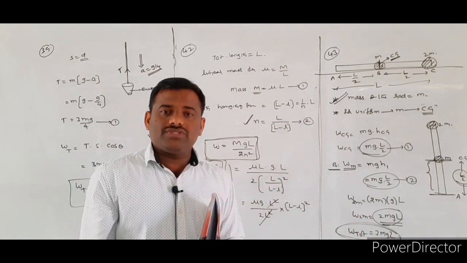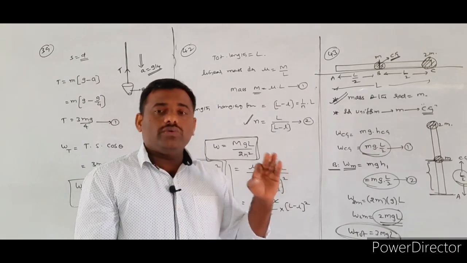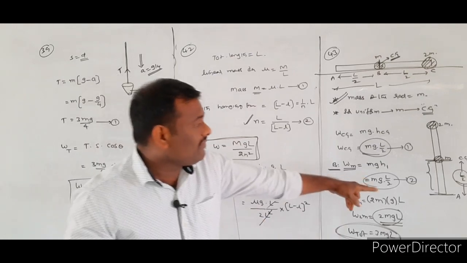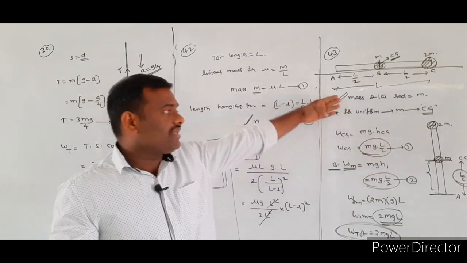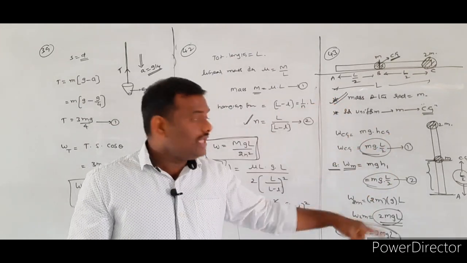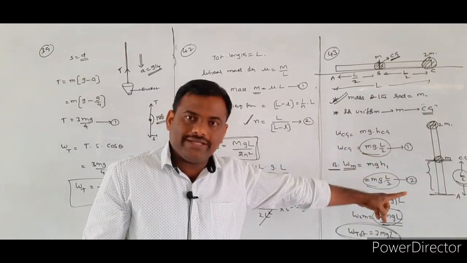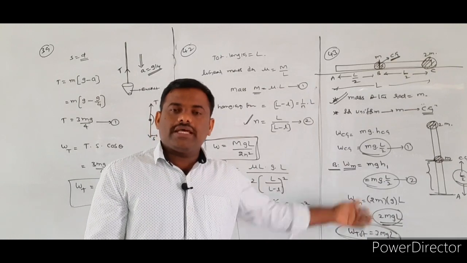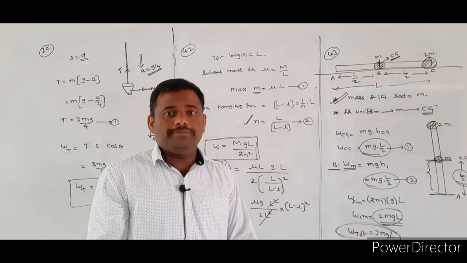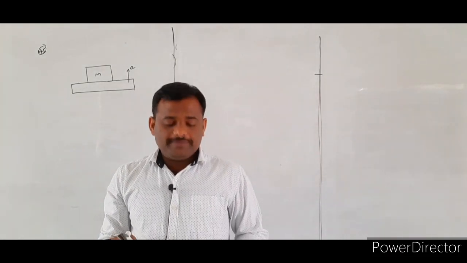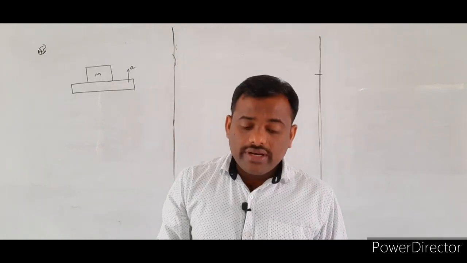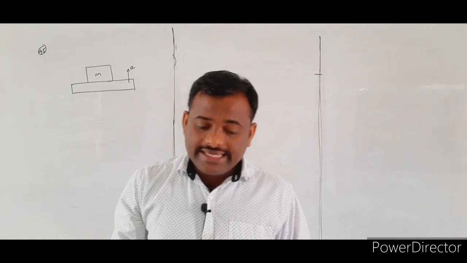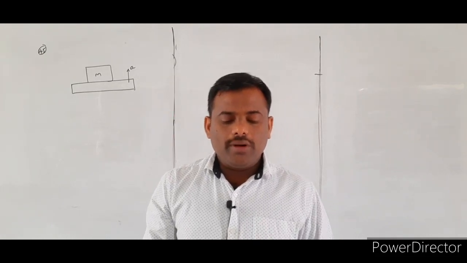Very important problem. Okay. So for this, what we have to understand is the height raised by the given mass. For the rod, the center of gravity rises L by 2. For the mass small m, L by 2. For the mass 2m, capital L. So like this we have to solve this type of numericals. Very important. Next, problem number 45. Very important. It is also related to the lift concept. A block of mass m is kept on a platform.